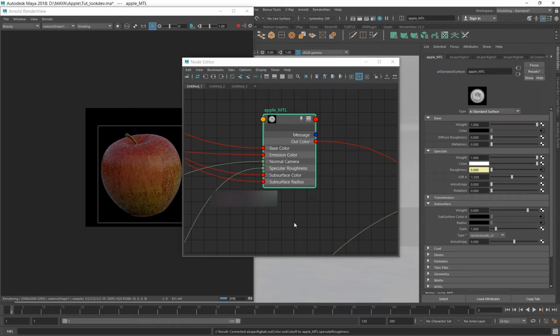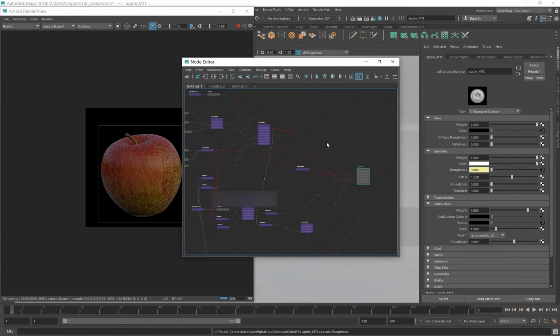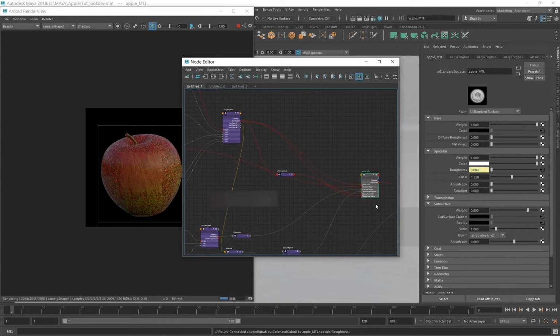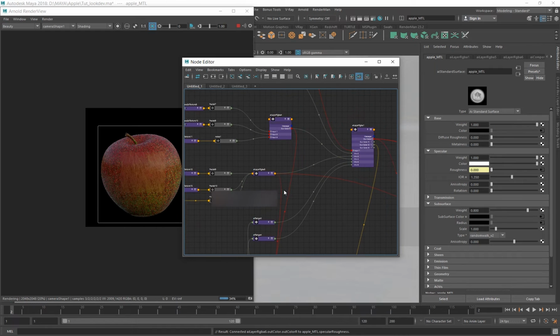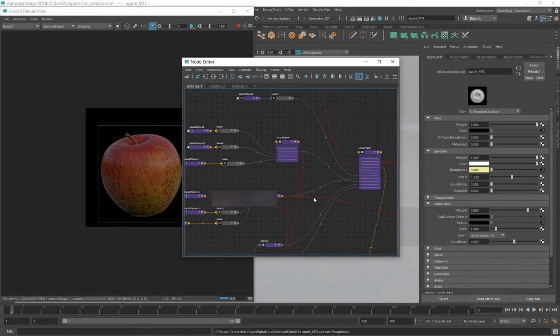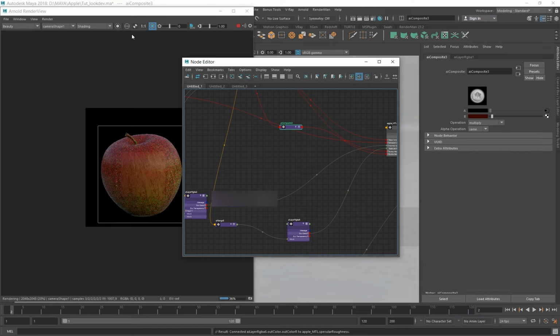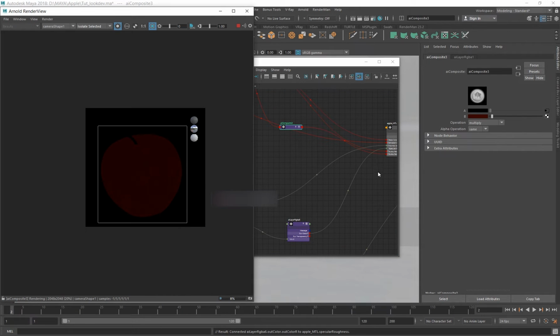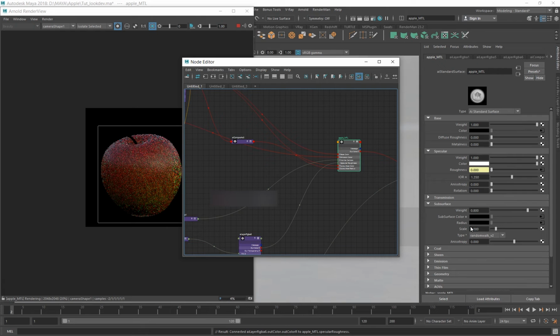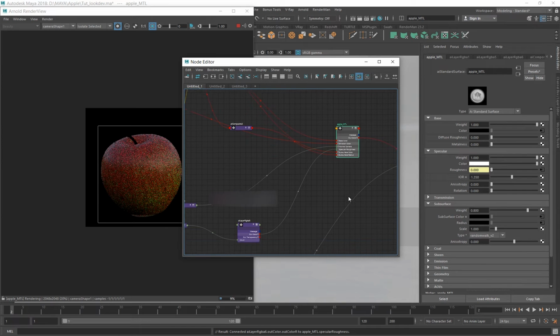As I showed you earlier, the base color is also going into the subsurface color, and there is a composite which is going into the triple S radius, and then I'm using type random walk 2, and these settings which I have tweaked.